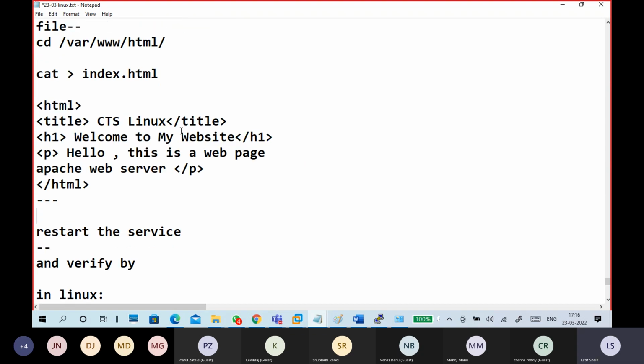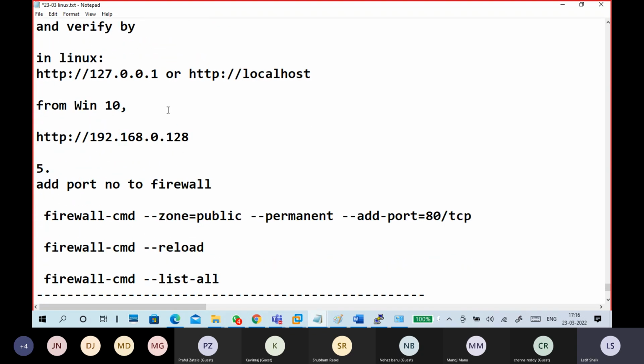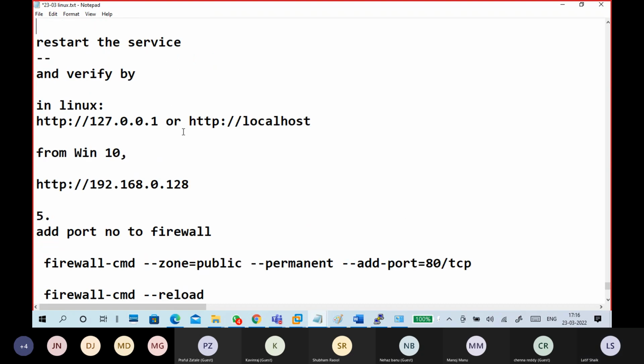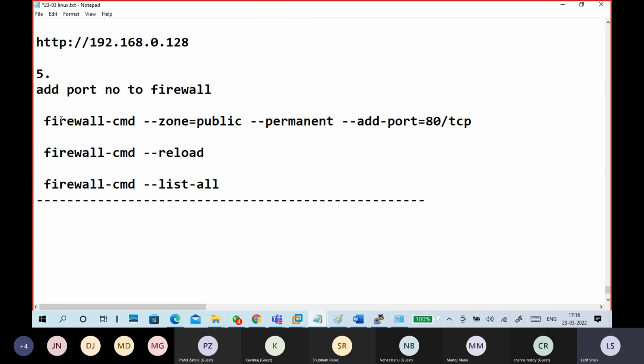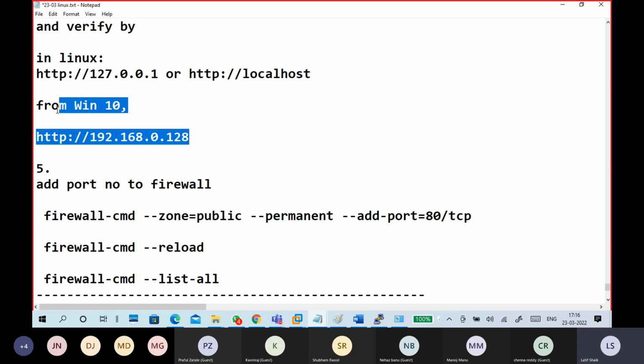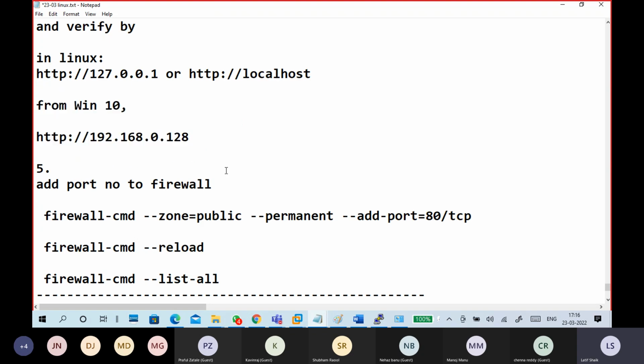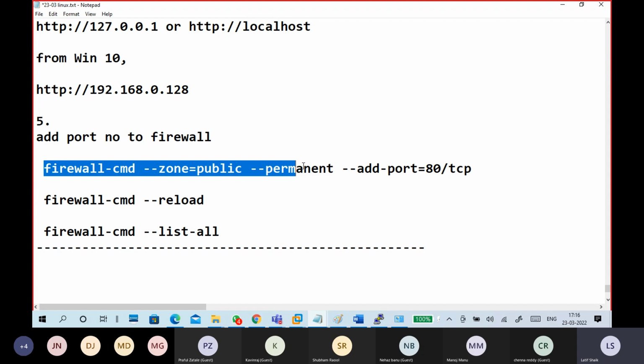If you install PHP and want to run PHP, you can run it, JavaScript, anything, because it's a web server. And verify whether it is accessible or not. When you are accessing remotely like this, it may not be accessible. That time you have to give